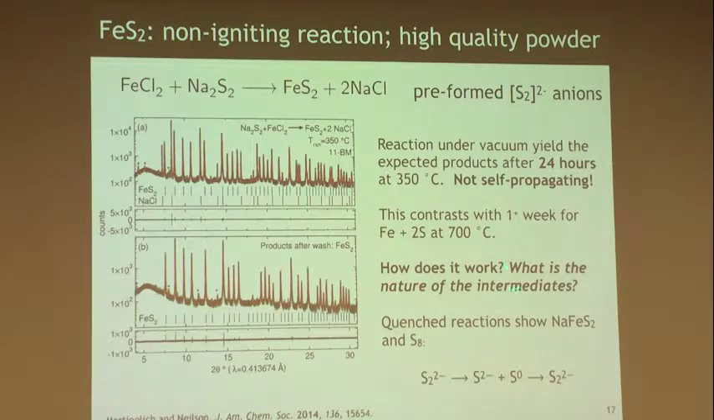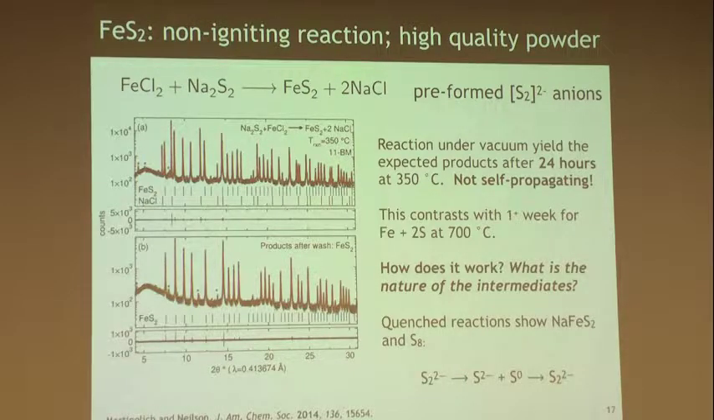But how does it work? What's the nature of the intermediates? And so we did this reaction to lower and subsequently higher temperatures, like 100 degrees, 150 degrees. We'd quench them from a furnace. Then we'd pack them up into a capillary, and then about 2 to 3 weeks later, we'd have our data from 11 BM. And we could see things like NaFeS2 and sulfur 8 as intermediates, which suggested that these anions were disproportionating and then comproportionating back together, but that